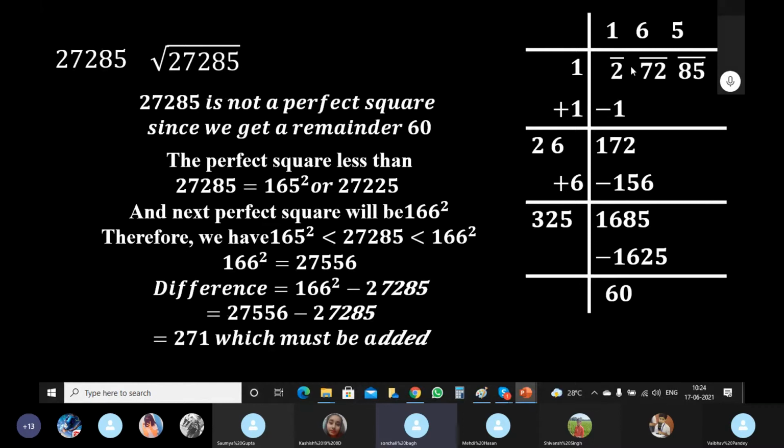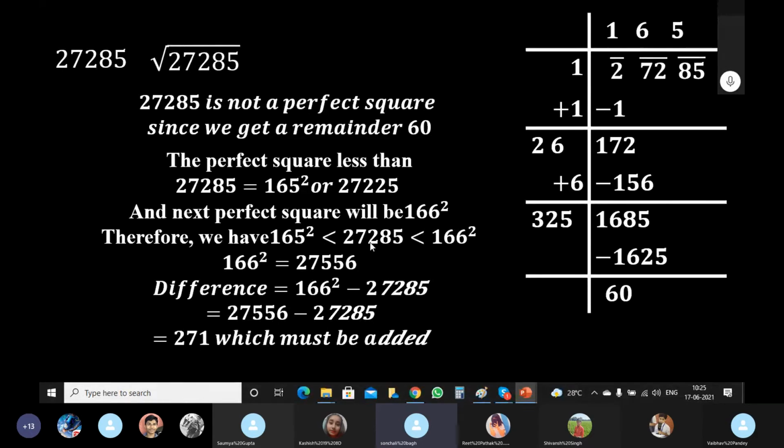165 is giving us a remainder. That means the square of 165 is less than this number or not? Yes or no? First tell me. 165 का स्क्वायर इससे कम होगा या नहीं? पहले बताओ 165 का स्क्वायर कितना है? We have already taken it out. That is 27225. It is less than our given number or not? Yes. That means 165 is not our required number.